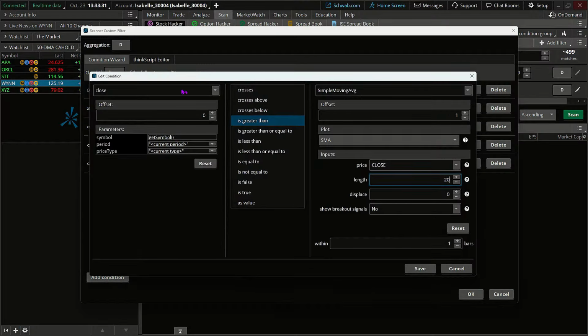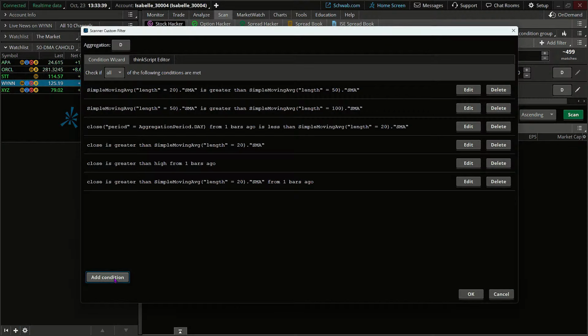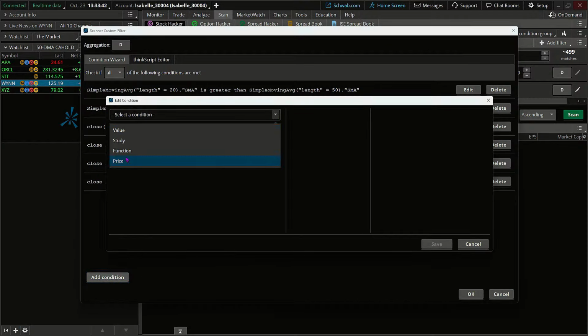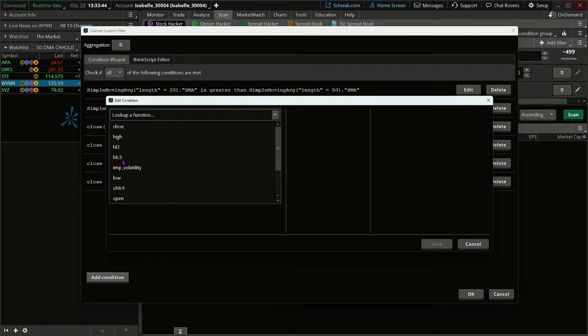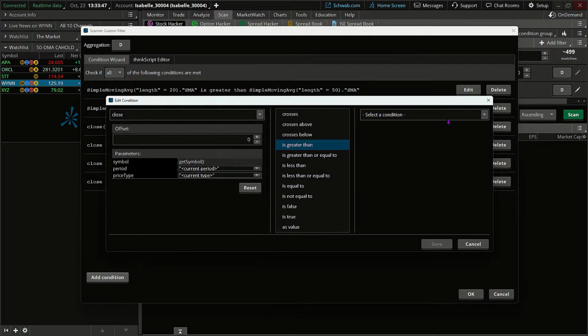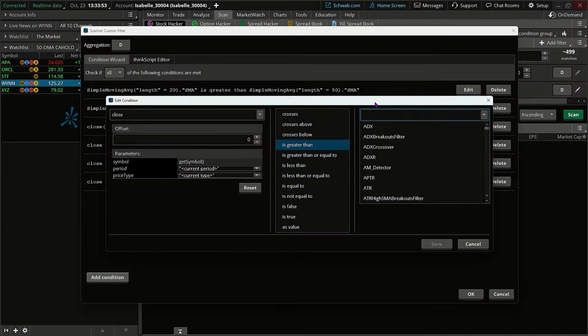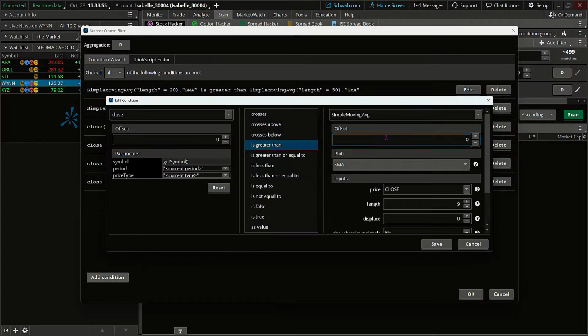Okay, so we can see that. The close greater than the 20, and then we can add the exact same with 2 days. So close greater than the simple 20, and then 2-day offset. And so here the idea is, again, are we above the moving average for a number of consecutive opportunities, right?